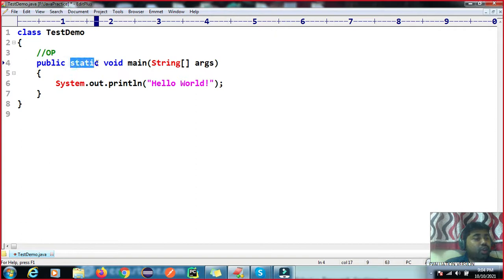This is your non accessibility modifier, which is also optional, as per the project requirement we will use it. And this is your return type. Return type is mandatory, you have to define the return type. And the method name, you have to define the method name, this is mandatory. And this is your parameter, which is called the command line argument. Again, this is the inbuilt method developed by the JVM people.